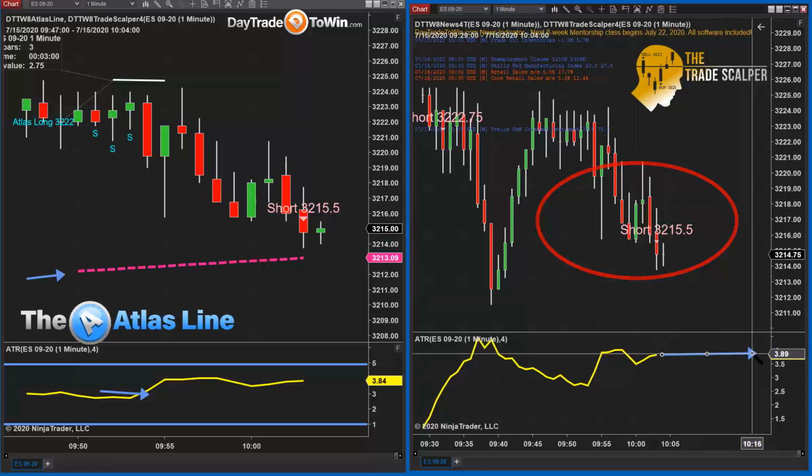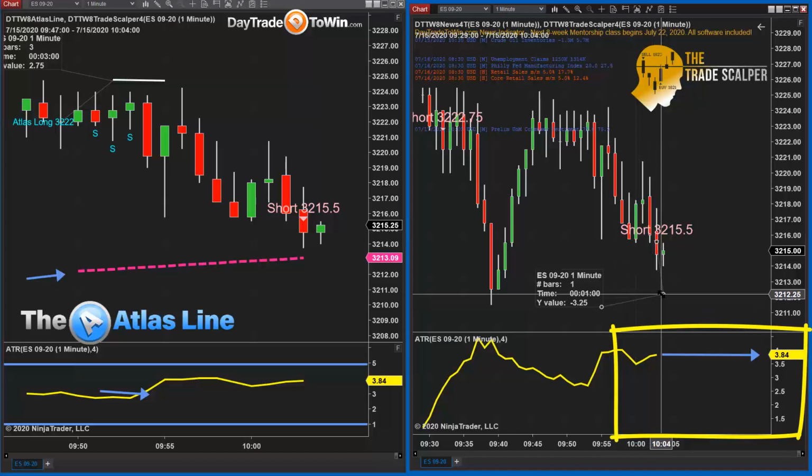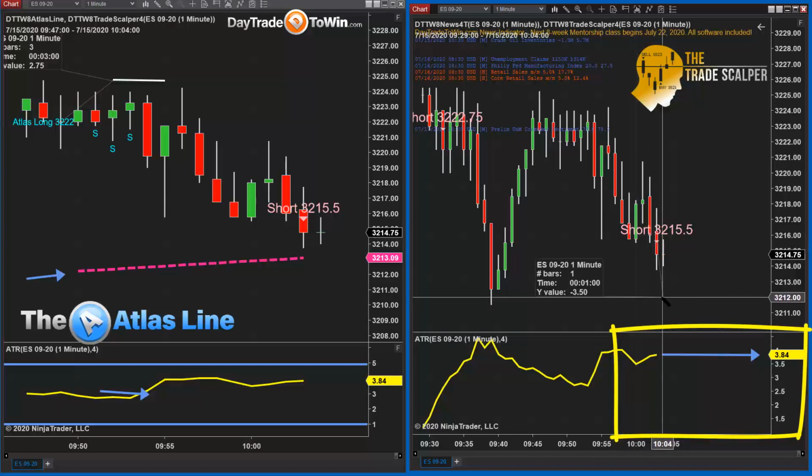Take a look here at the ATR. I would say 3.5 points is the move to the short side. So let me just put here a ruler. See what 3.5 points looks like. That's the goal. And if within the next 4 or 5 candles, if it does not reach this target,